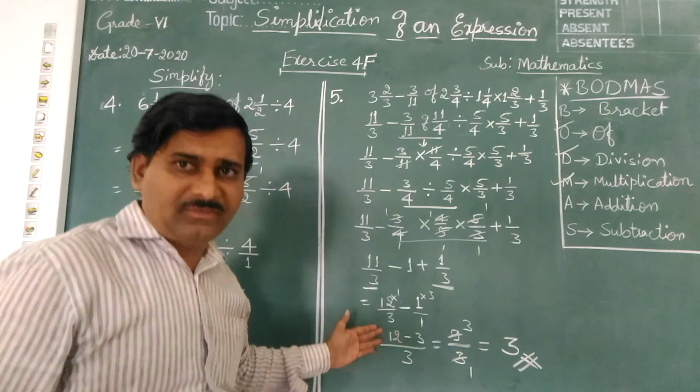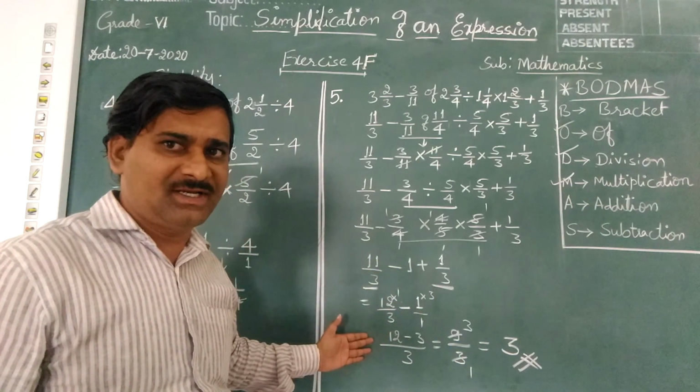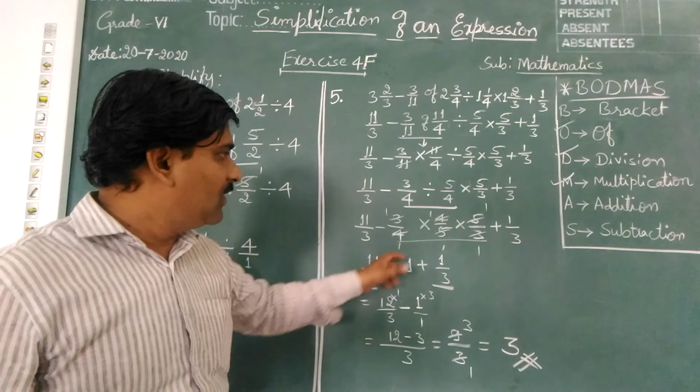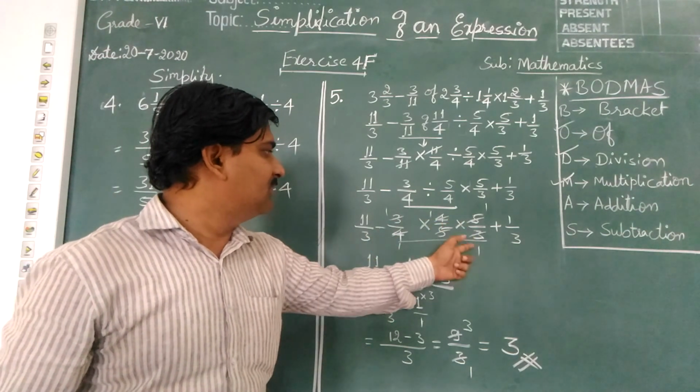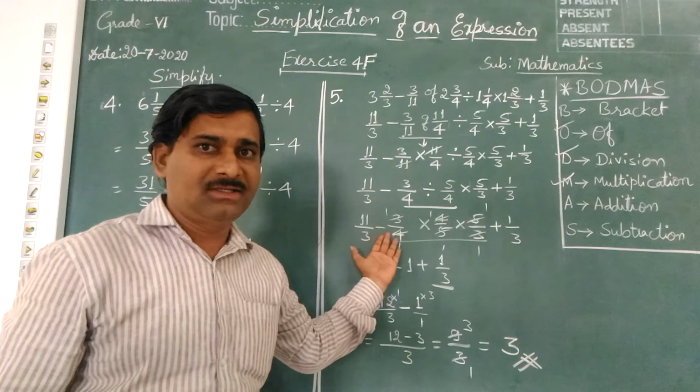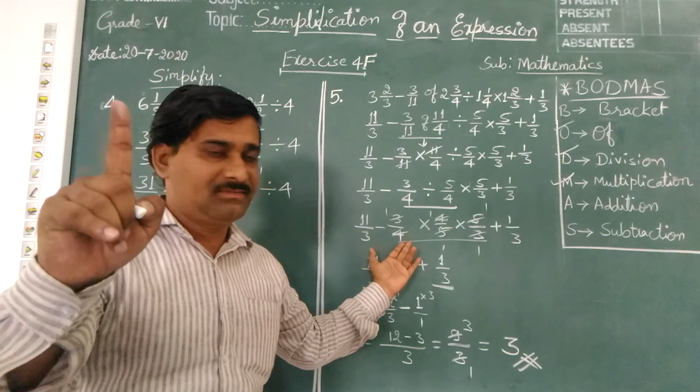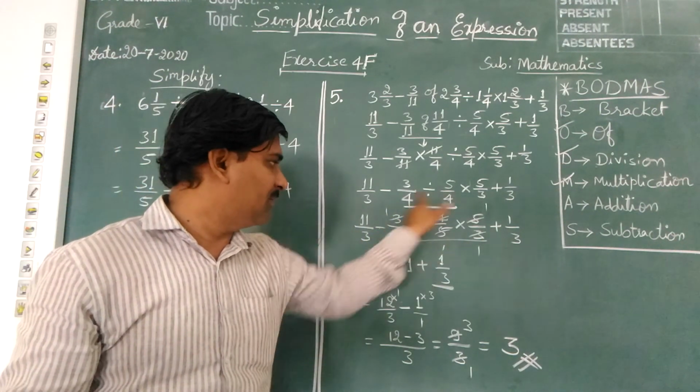It is simple, no? Very simple steps are there. That's why I have done it a bit fast here. So 4, 4, 5, 5, 3, all the numbers will get cancelled, so you will get 1. So minus 1. This complete is 1.